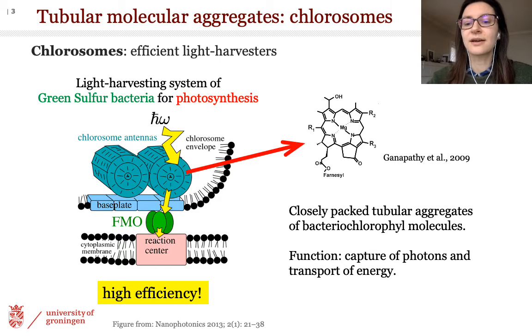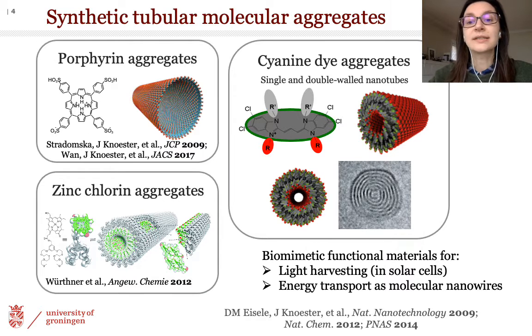There is something remarkable about the green sulfur bacteria, which is that evolution has designed a highly efficient light harvesting antenna for these bacteria. And this allows bacteria to live in extremely low light conditions, sometimes getting only a few photons per hour. The quest to recreate such efficiency under laboratory conditions has sparked numerous studies of synthetic self-assembled systems